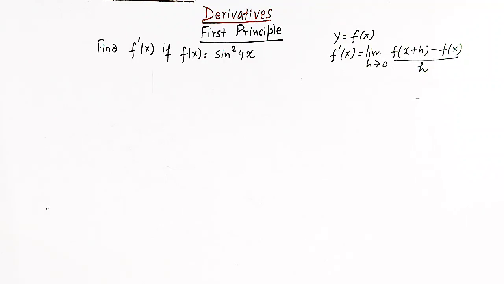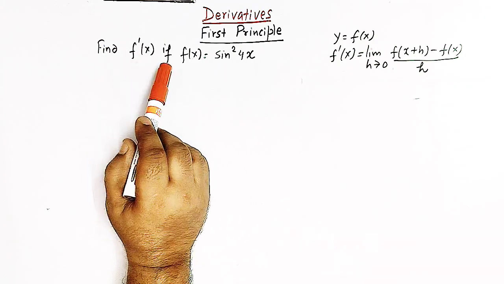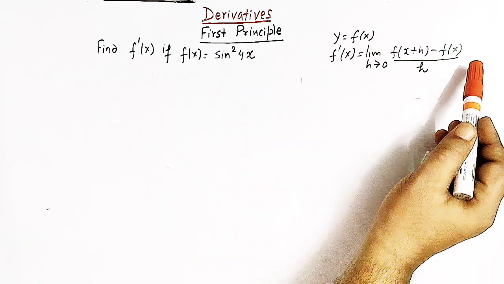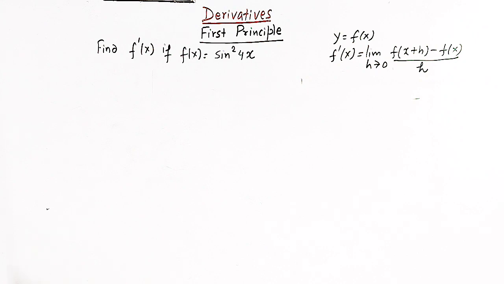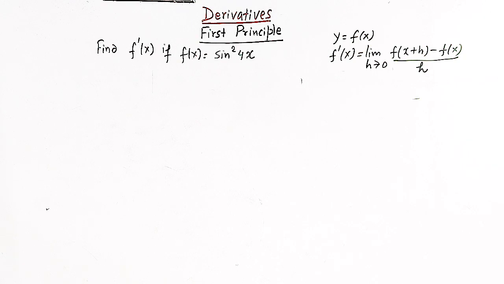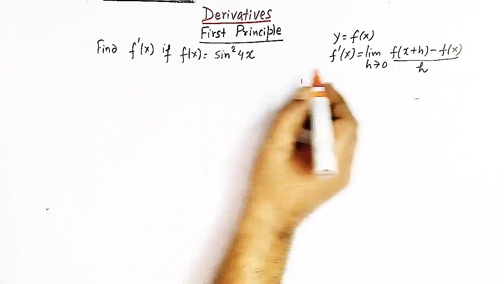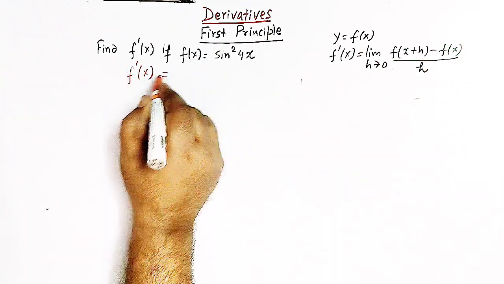So now let us consider one more important problem where we have to find the derivative using the first principle. So here we have to find f prime of x if the function is sine square 4x, and we have to make use of this limit definition of derivative to find out the derivative of this function, right? So let us apply this limit for writing out the derivative of f of x, that is f prime of